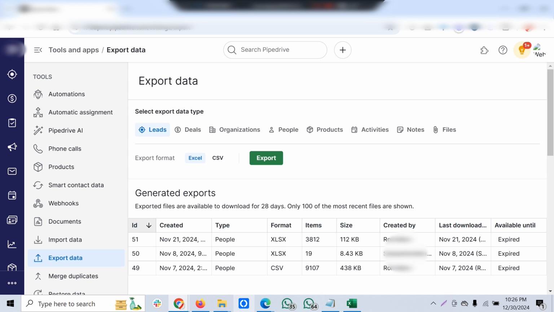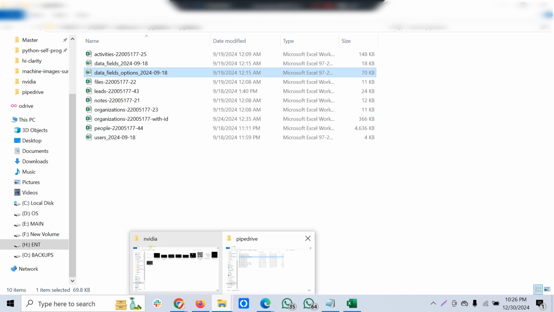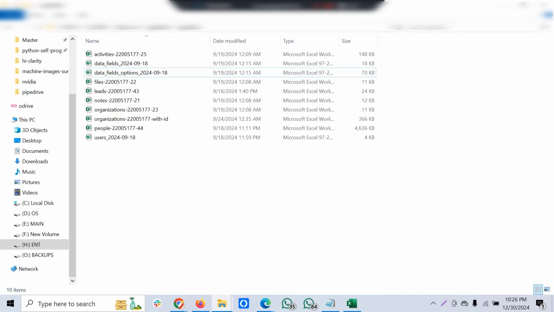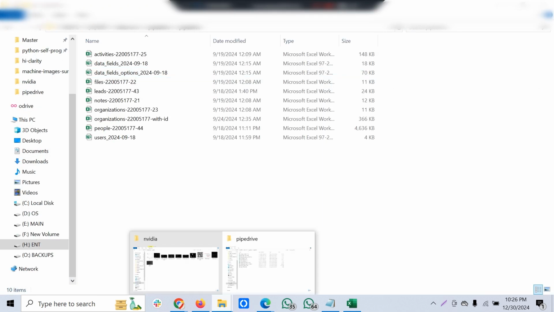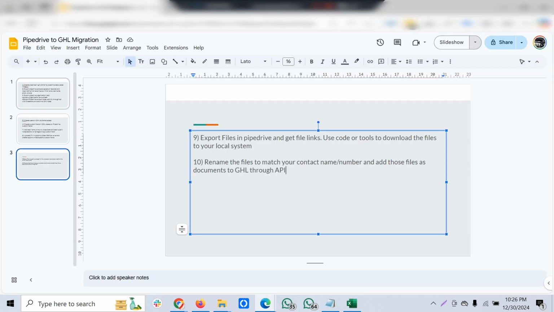And once you get hold of all that data, you have to refine it and parse it in a way that GHL understands, and then you can import it, or push the data through API. These are the list of things you have to go through first. The first thing would be